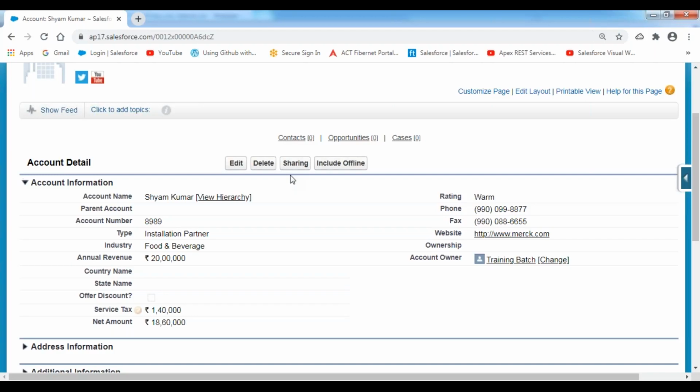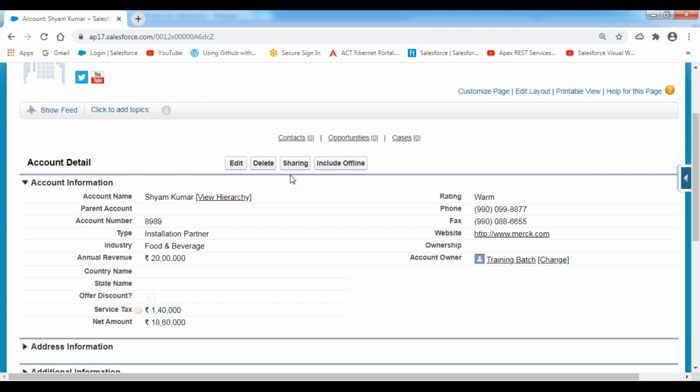If I have some 10 records, then fine. I can spend some 10 minutes and manage the records and share them to the required people. Even if I have 100 records, I can manage my time, spend half an hour or one hour, and share the records manually. Fine, no problem.